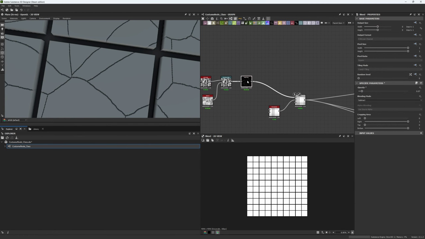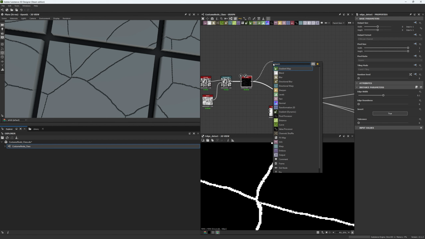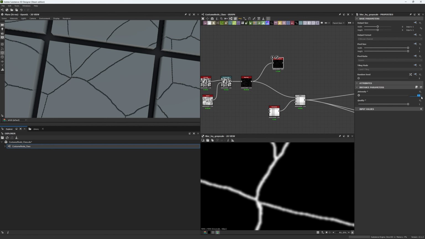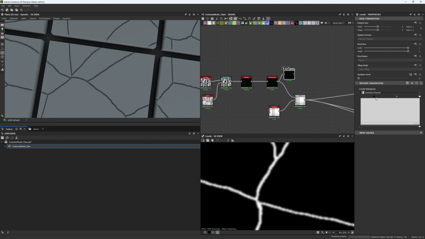Now the next thing we're gonna do is that our cracks right now are really sharp, and to be honest I don't really like that, so I'm just gonna use an HQ blur. Yes, I'm gonna blur this with high quality, and I'm gonna give it a really low number. I just want to have a little bit of blur, not that much. Let's go 0.5, not enough, 8, that starts to be a little better. And let's use a level just to control a little bit